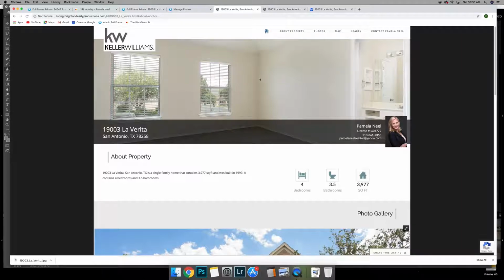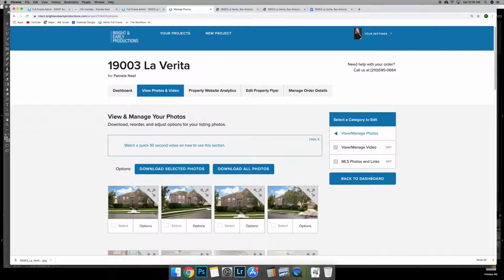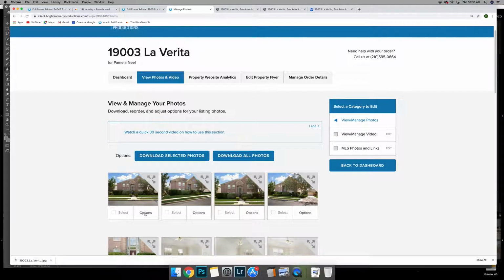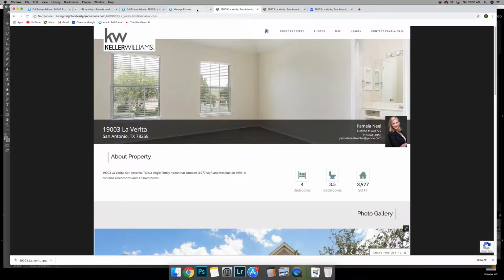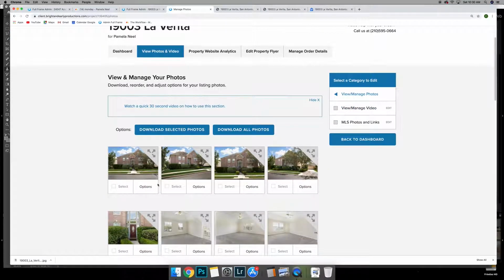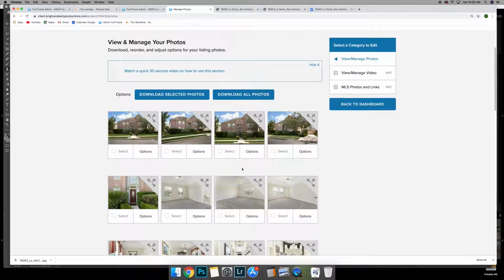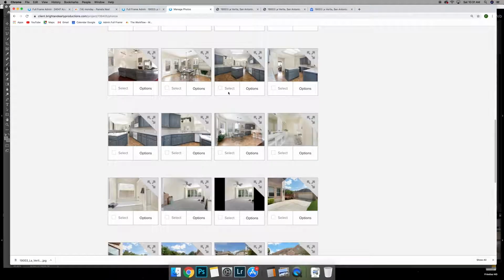Now, the unfortunate thing is we can't customize it too much. It basically just allows us to select the photo, and that's it. So pick something that's a little dramatic, but at the same time it fits on this header right here. So for example, if you wanted this one right here, you go Options, Website Header, and there's no save button,